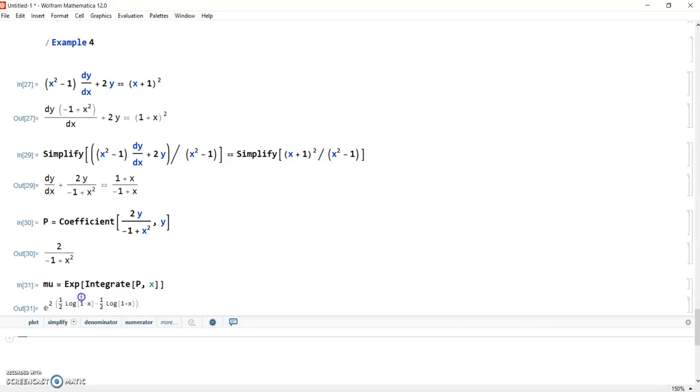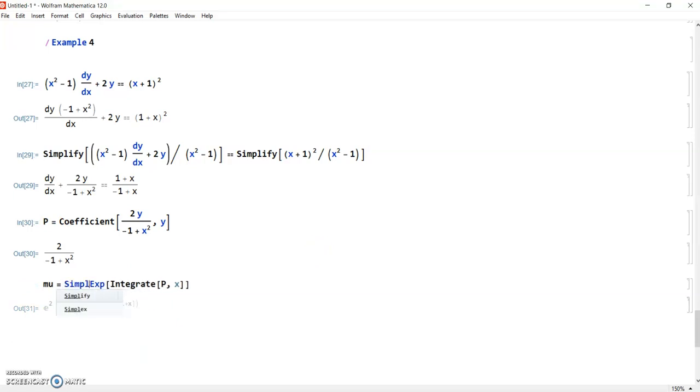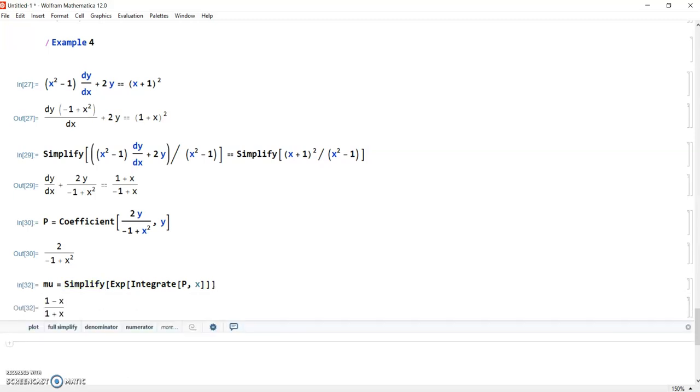However, this integrating factor is not in a simplified form. Sometimes Mathematica does not provide immediate simplifications. Probably this simplification command will also not work over here. So if it does not work, then you can do it manually. Oh no, it works. Okay. Yes, so I need to provide the simplification command. Okay, so now we got the